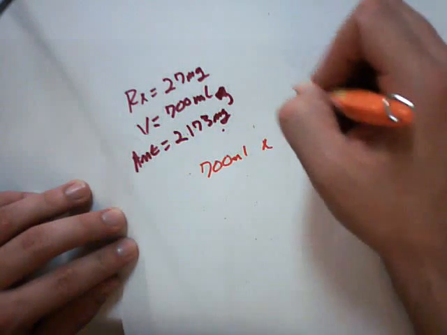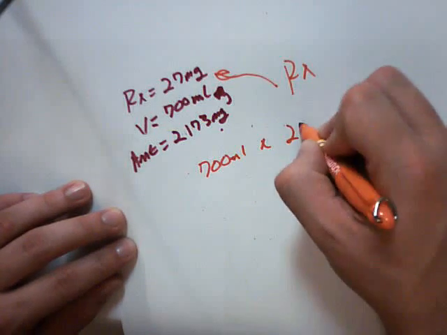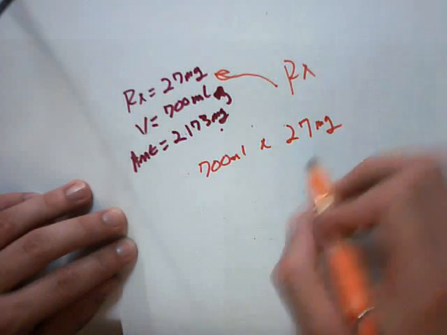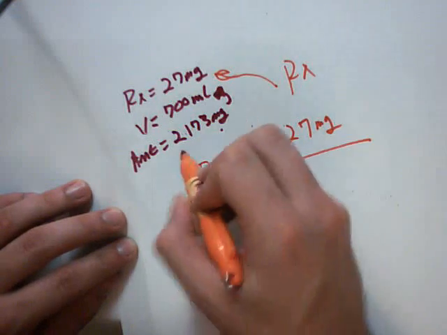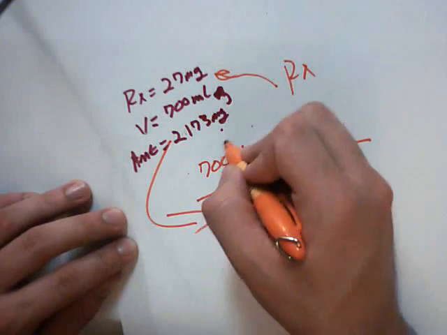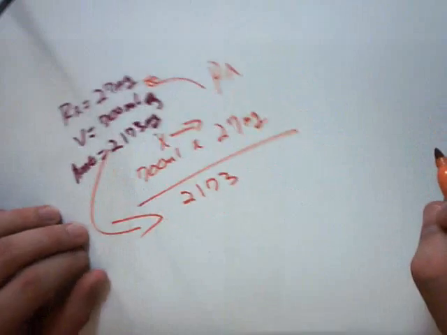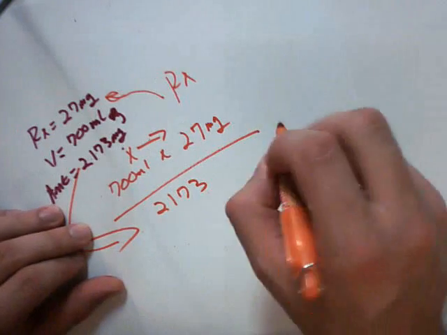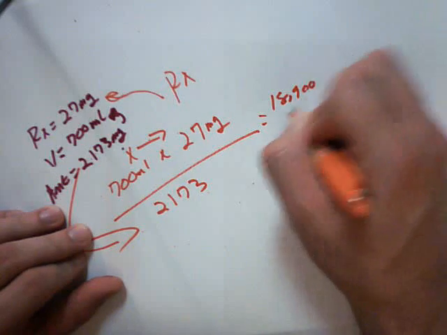Multiplied by our prescription, which is given right there, doctor's orders, 27 milligrams. Put that over the amount of drug on hand, which is 2,173. And we will multiply across. And that gives us 18,900 over